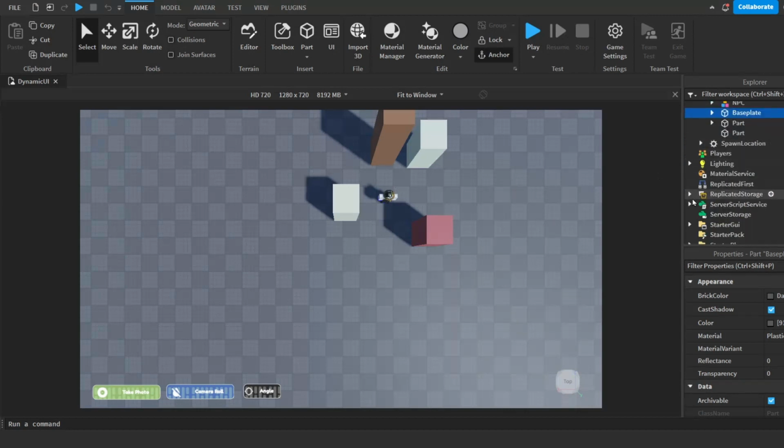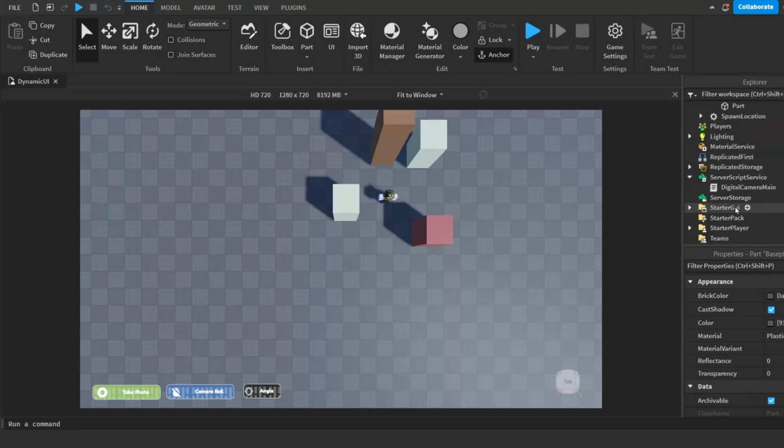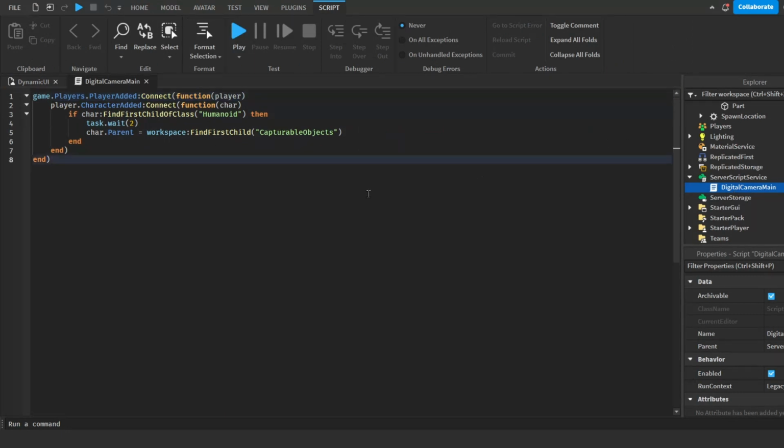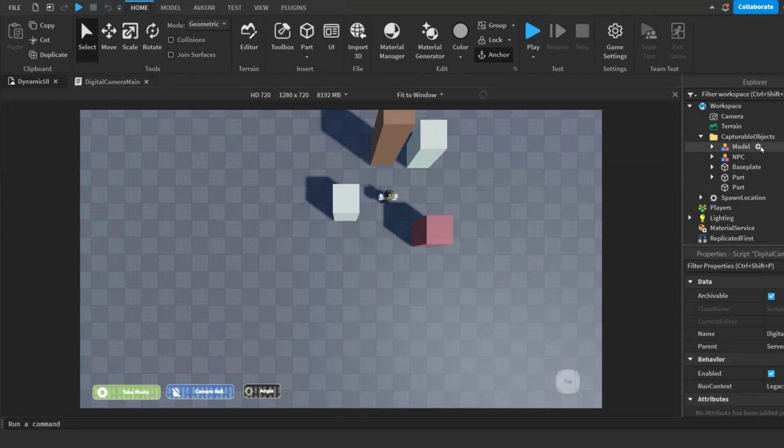Meaning, since I want players, like friends, to take photos of each other, I have this one singular server script that basically every time a player joins, respawns or whatever, it sets the character's parent to the CapturableObjects folder, so it moves the player into the folder automatically. But besides that, that's important, and let me explain to you guys the actual important system, and I'll explain what these values mean